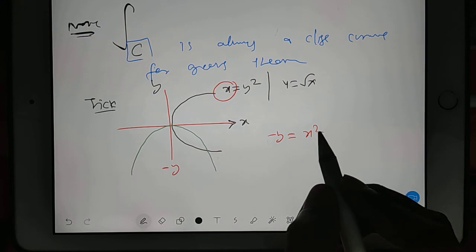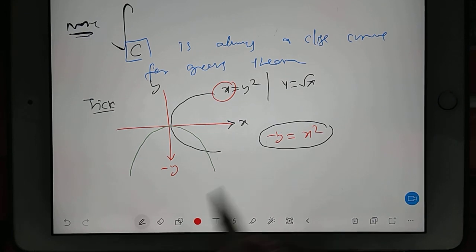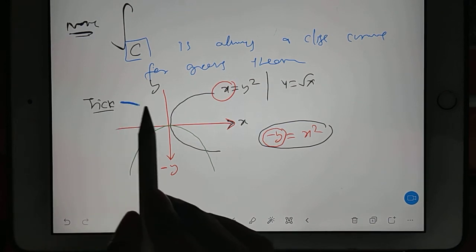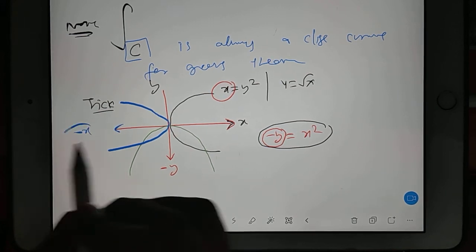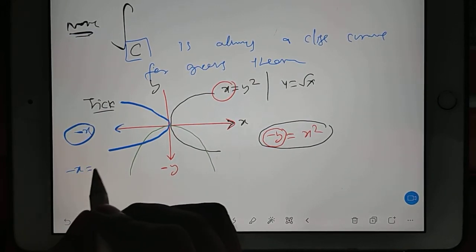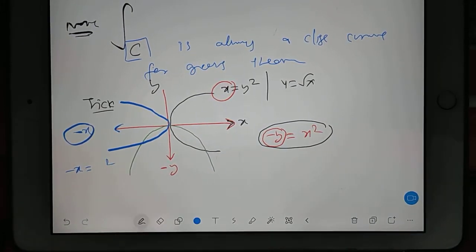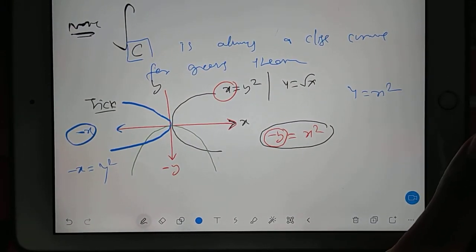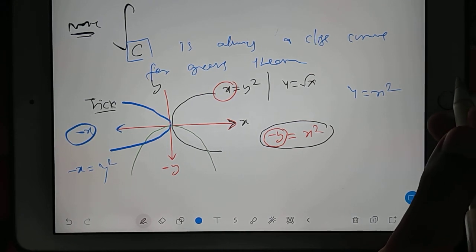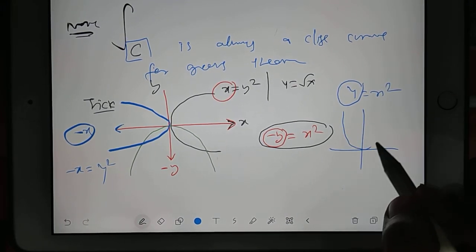Minus y is equal to x square. I hope you're understanding what my logic is. My logic is: whichever axis the parabola is covering, that axis gets the minus sign in the equation. Here the axis is x. Now I hope you can easily write the equation of this parabola. If you are covering the minus x axis, then minus x will be equal to y square. It's very clear. Y is equal to x square, if you write that, you check in which direction, which axis. So the y axis, it means your parabola will cover this axis.